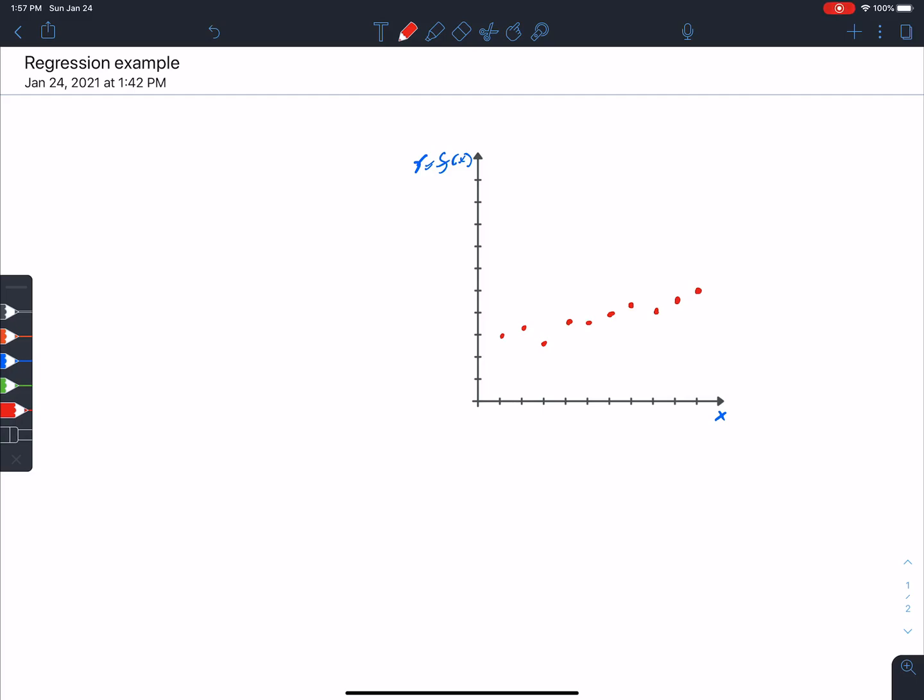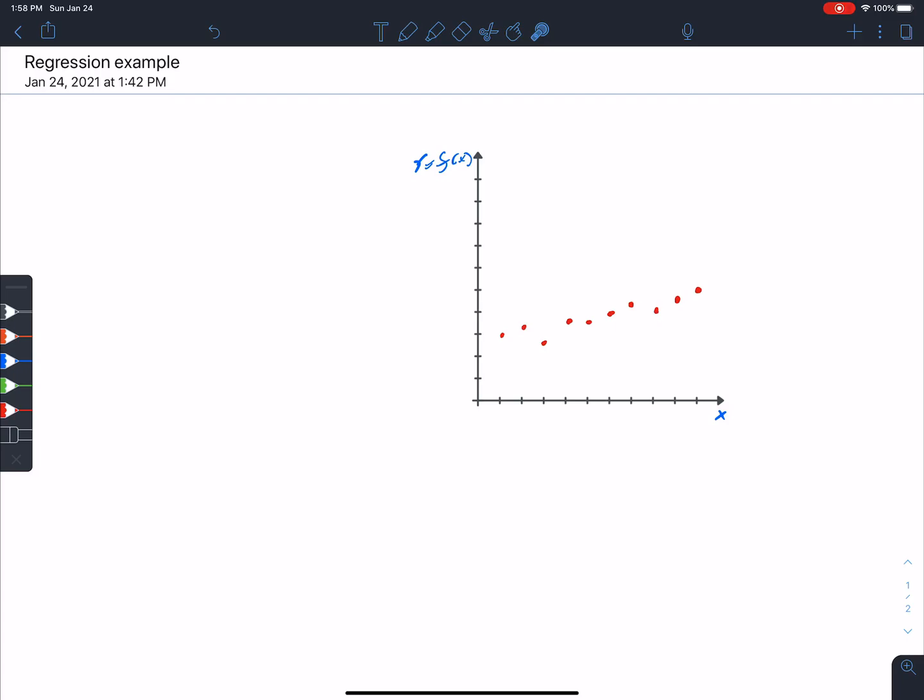So we're now going to look at an example of how to do regression of a model to a set of data. So let's once again imagine that we are given a set of data points that are represented here in this plot. So we have a series of x coordinates, 1, 2, 3, 4, 5, 6, 7, 8, 9, 10. And at these particular coordinates, we have individual measurements, which we're calling